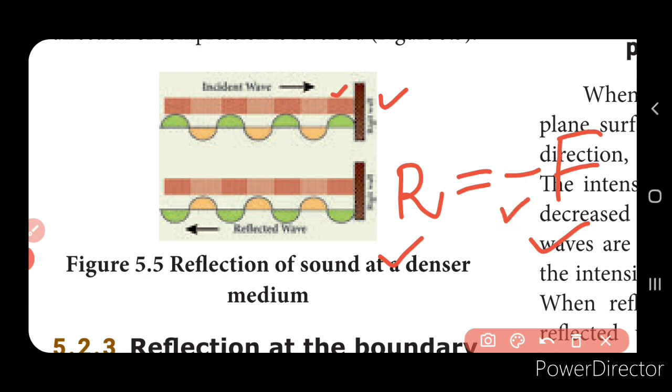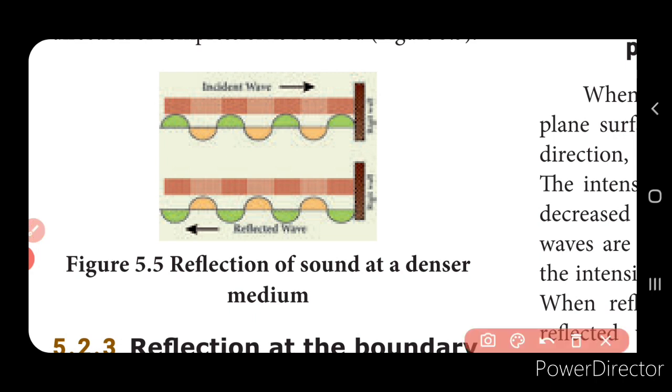So here what will happen? Again, the reflected ray after touching the interface, now what will happen? It bounces back, isn't it? Now even when it bounces back, here also it starts with the compression, right? So since the compression exerts a force F on the rigid wall, the wall also exerts an equal opposite force, so R will be equal to minus F. So the incident ray and the reflected ray will be the same, but the direction of the compression will be reversed, right? So this is about the reflection of the sound at the denser medium.